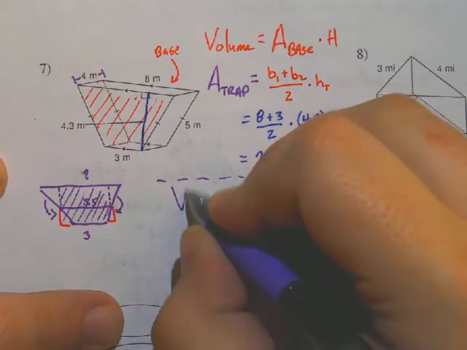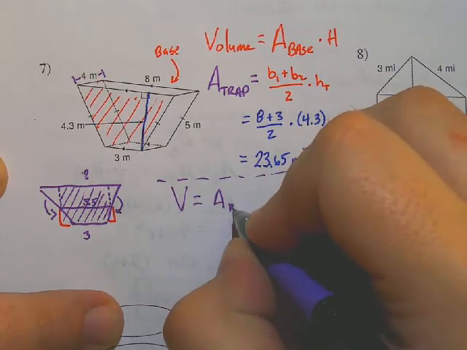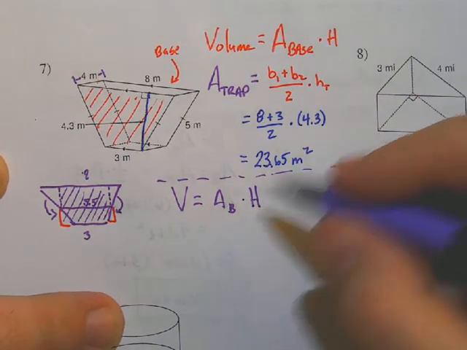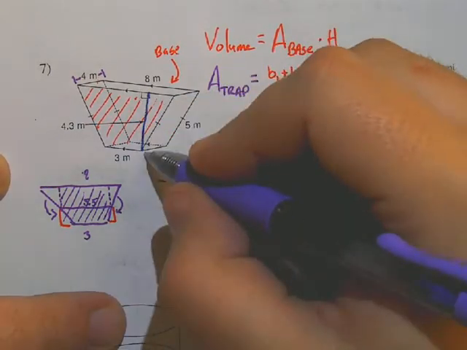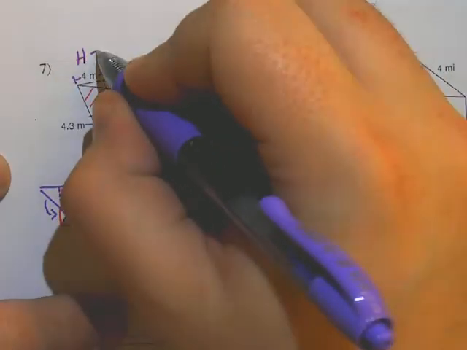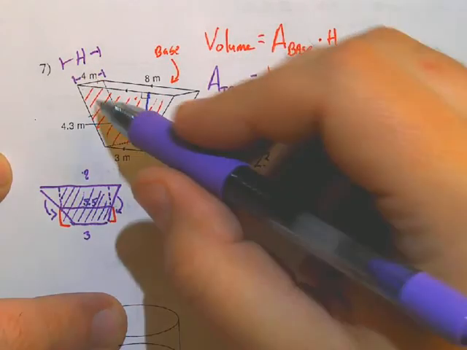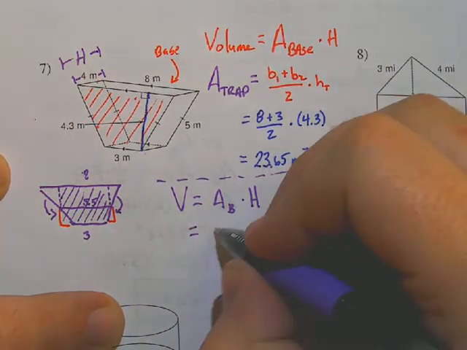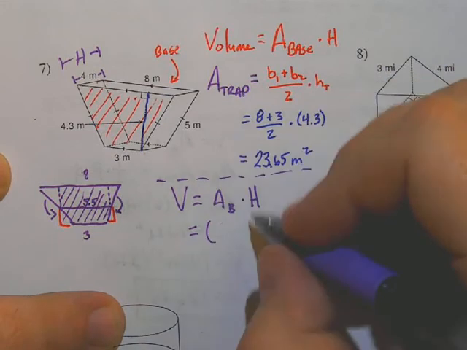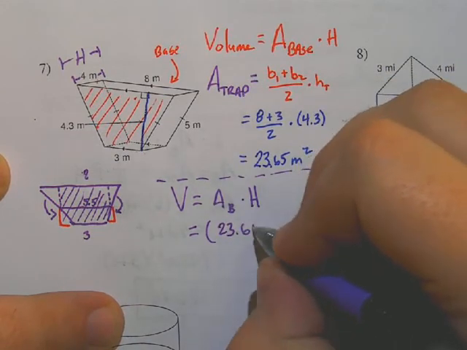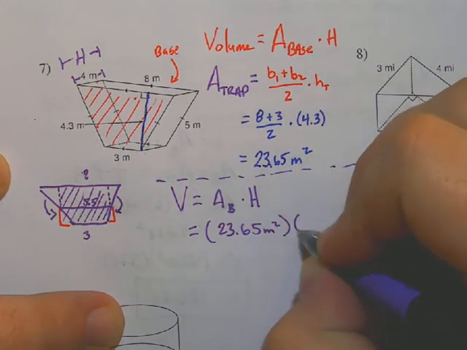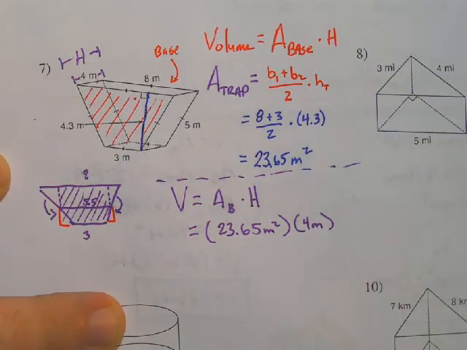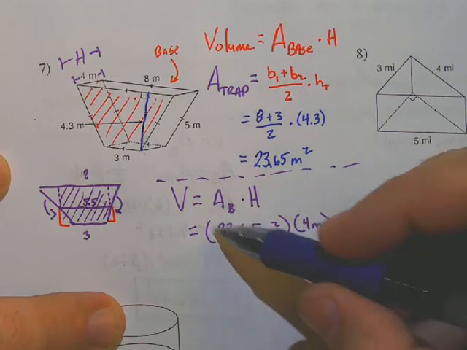But the volume formula tells us that we need to stack that h units tall. But this h is a different h than the previous h. That h was the h of the triangle. This h is the height that we're going to stack it, meaning from front to back, how thick is this shape. So that's going to be the area of the base, the trapezoid, was 23.65 meters squared, and the height of this shape is 4 meters. So when I multiply those